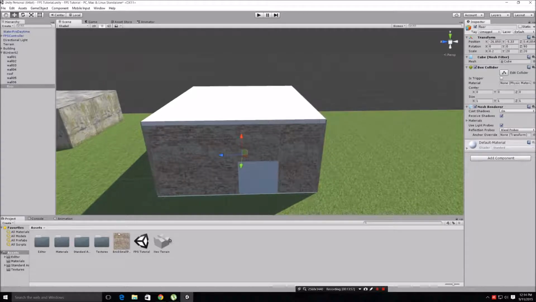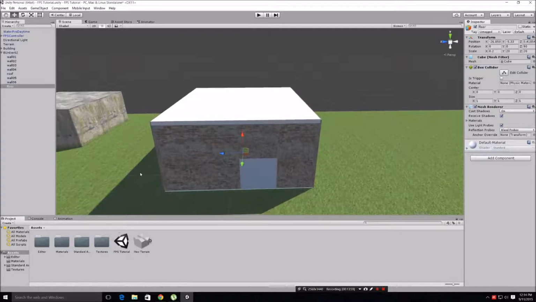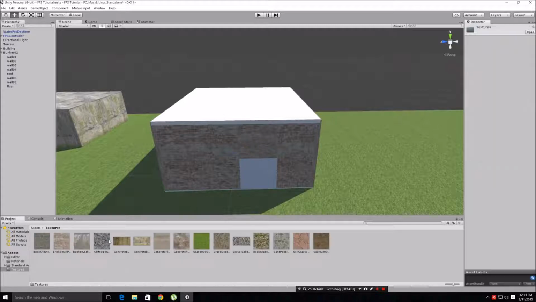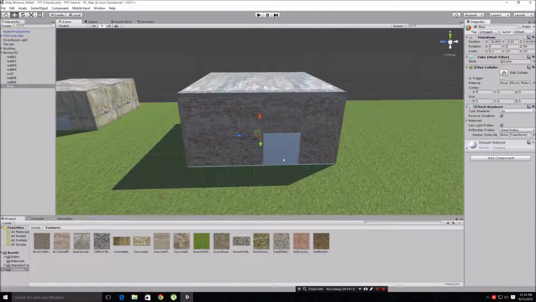It wasn't seamless, but that's okay, this looks fine for now. So we need to do the roof. I've got a few textures. You can go back to CG textures and get whatever textures you want. I just don't want to take too long, so I'll just chuck on that one. And then for my floor, I will put maybe this one,